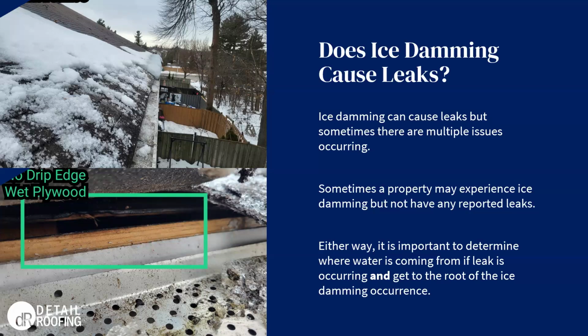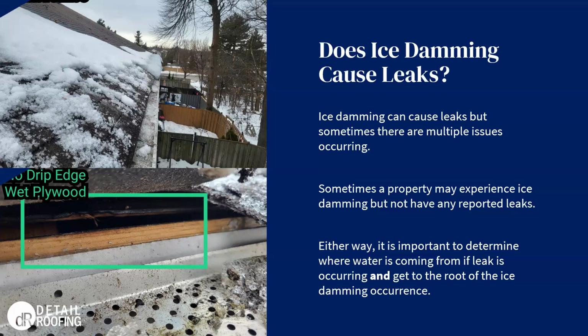For this reason, it is part of the Ontario Building Code that a minimum of 3 feet of waterproofing underlayment, ice and water shield, is required at the first 3 feet of the roof edge. But we've come across a lot of cases, especially when a roof is being replaced, where this step is missed and the shingles are just installed directly over top of the plywood. In these cases, that's where we tend to see leaks that are directly from ice damming.